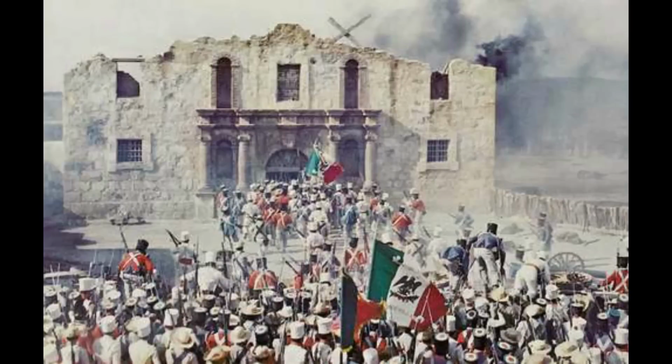Our history tells us that the Alamo is most famous for the Battle of the Alamo, a pivotal event in the Texas Revolution, which we are told was a rebellion of colonists from the United States and Texas Mexicans putting up an armed resistance to the Mexican Republic. It was a 13-day siege that took place in 1836 between February 23rd and March 6th,